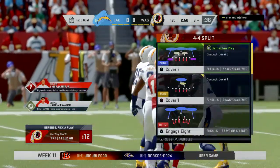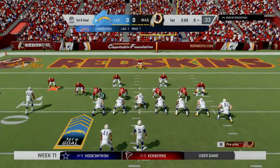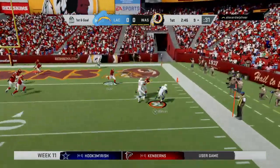Defensively that time, they were in zone coverage. As a rookie QB, what lesson can you learn there? Well, understand this. You saw zone in college, and the defensive backs reacted. They don't react like they do on this level. So when they're in zone...